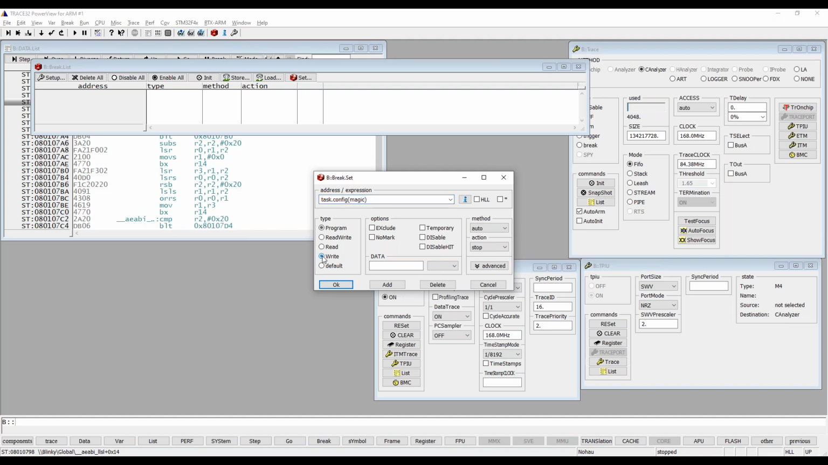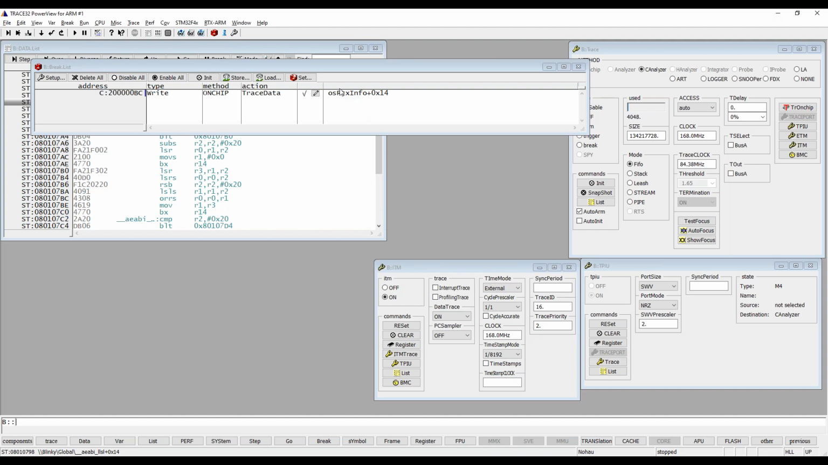So in this case, we're going to record all writes and trace data again, like this. The debugger used the task config magic and changed it, or as you can see here for RTX ARM, the correct variable, you find it here, OS RTX info with an offset of 14. But you don't need to know this. Okay, so let's make a recording again. A few seconds here,